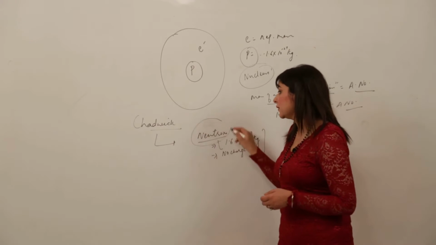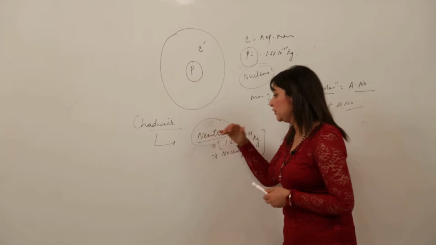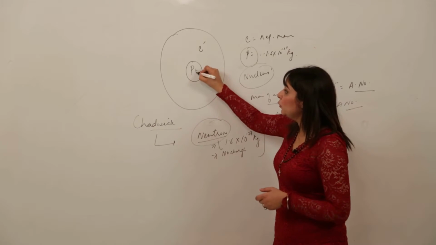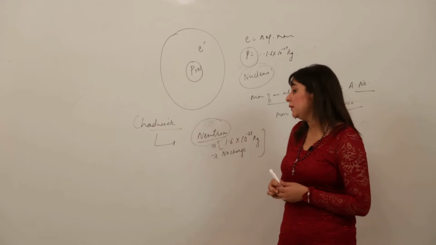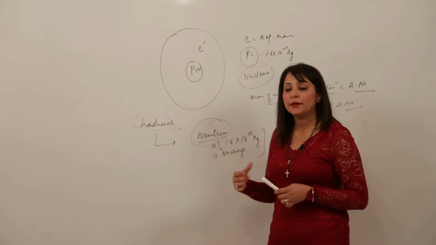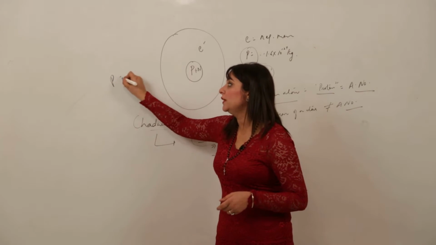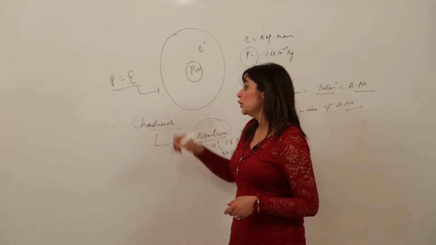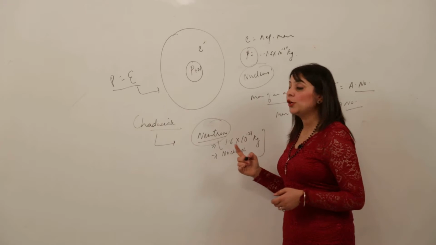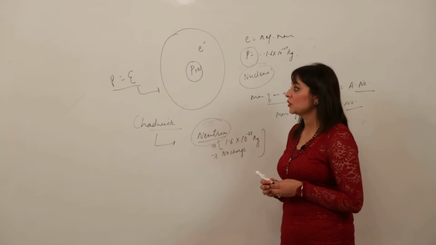So the position of the neutron was justified: this kind of particle is present in the nucleus which contributes towards the mass but not the charge. Because, as we know, the atom is electrically neutral, that means the number of protons is equal to the number of electrons. So the particle must be a neutral particle which contributes in mass but not the charge, and it happened,